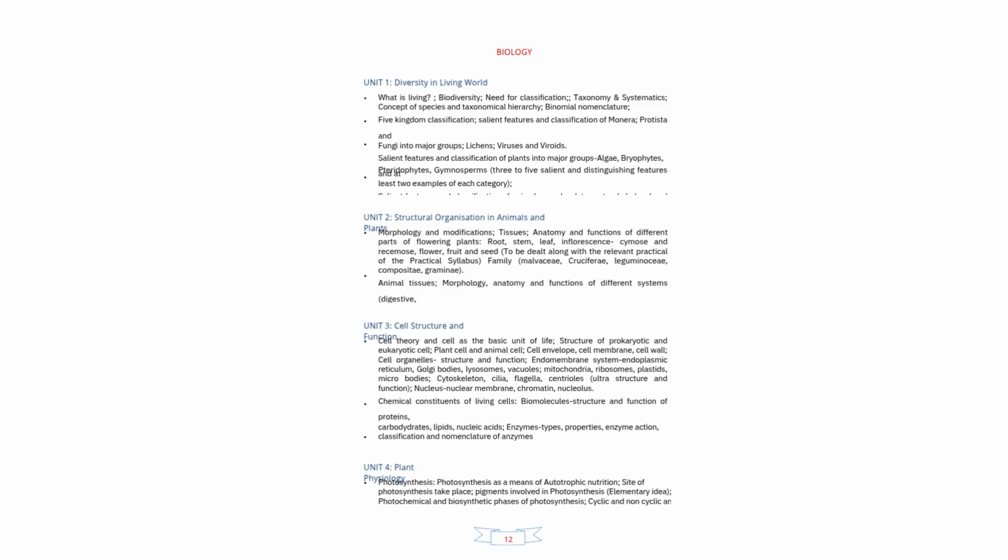Unit 4, Plant physiology. Photosynthesis. Photosynthesis is a means of autotrophic nutrition. Site of photosynthesis. Pigments involved in photosynthesis, elementary idea. Photochemical and biosynthetic phases of photosynthesis, cyclic and non-cyclic photophosphorylation, chemiosmotic hypothesis, photorespiration, C3 and C4